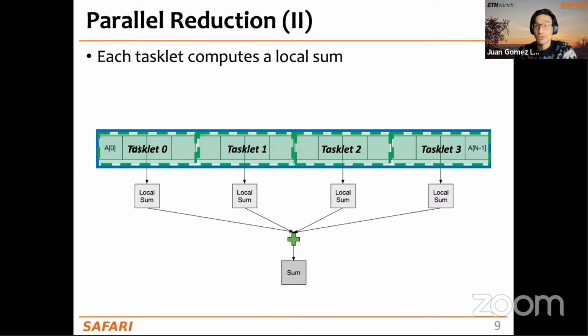And the way to do this final reduction, we can do it in different ways. We actually talked about three potential ways of doing it. The first way would be to have a single tasklet reducing all these values. The other two ways are based on a tree-based reduction. One of them is an implementation using barriers, and another way of implementing this tree-based reduction is by using handshakes. In the end,